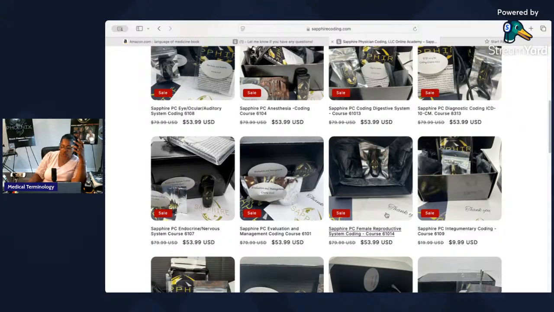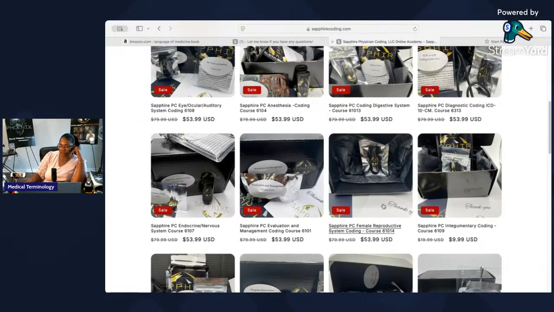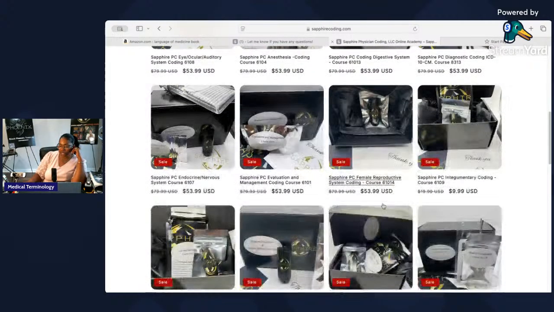If you purchase a course from me and you want it in this type of format, this is how you will get it. You do not have to get it in this format. How I have this now, when you pay for this course, you download everything right then and there.